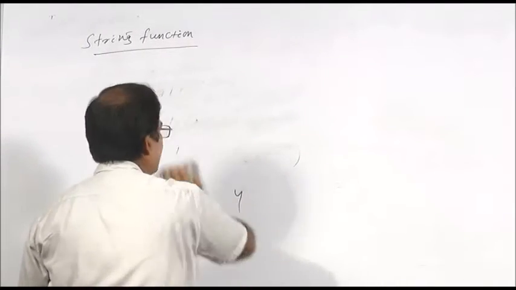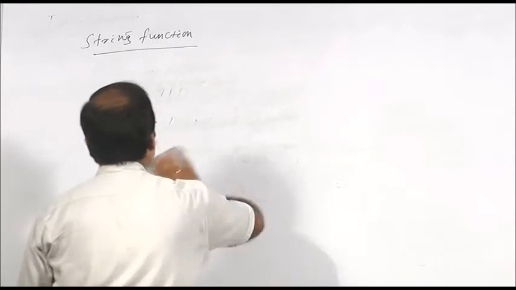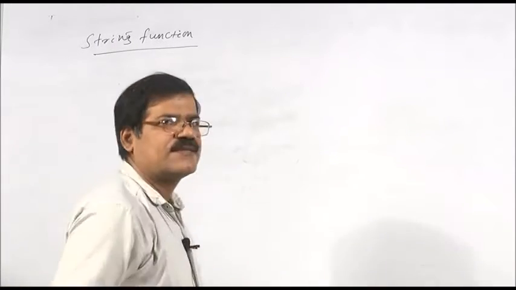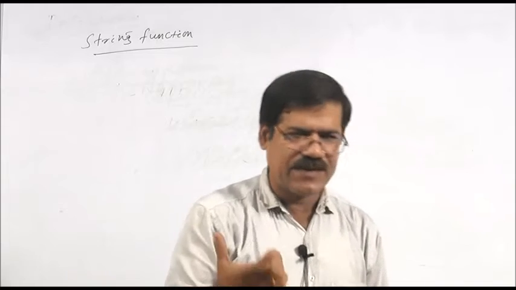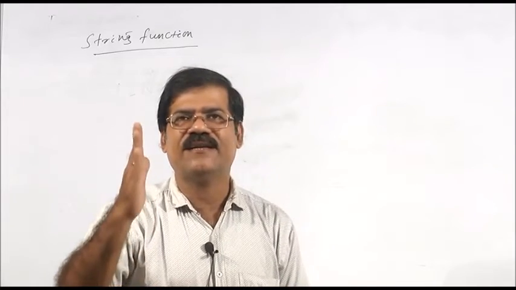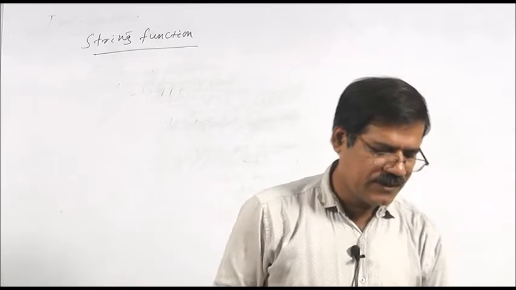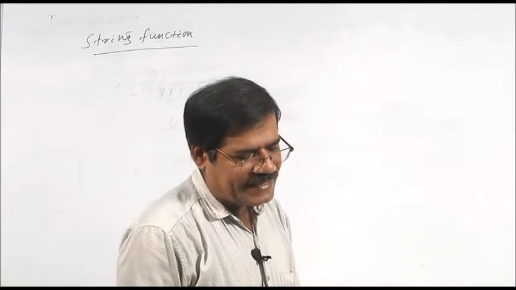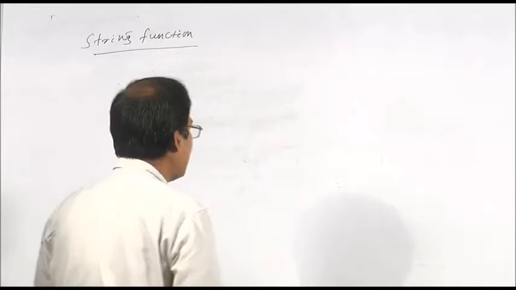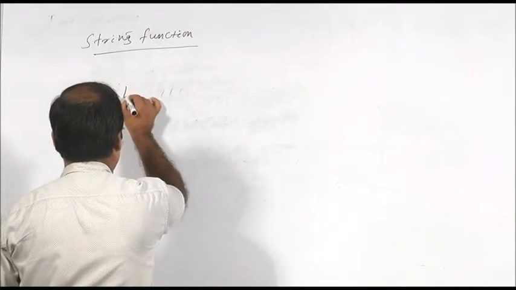So it will count the number of characters present in a particular string. Length finds the length of a particular string. How many characters are present in a string? 1, 2, 3, 4, that will be counted. Then LTrim. LTrim is another function, and there is also RTrim.